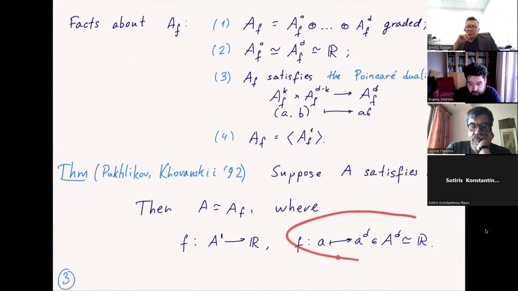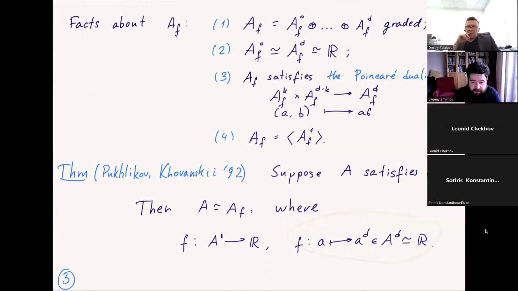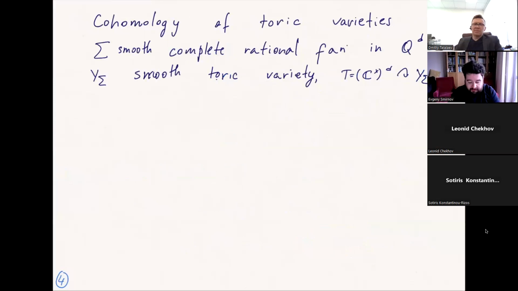Okay. Oops, sorry, there's something strange happening with the laser pointer when I'm trying to write things on the slides. So, well, let me just recall some definitions of the cohomology of toric varieties. And Dima, as I promised, you asked me to make the first 15 minutes clear. Yes, are you fine with that? So, yeah. Okay, so